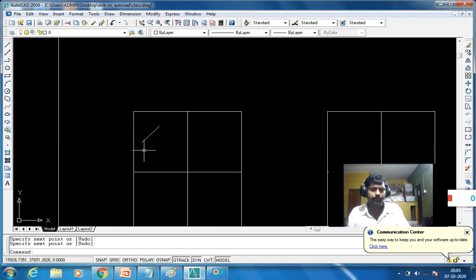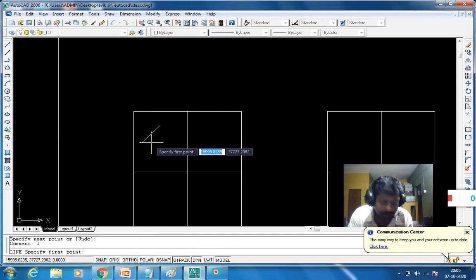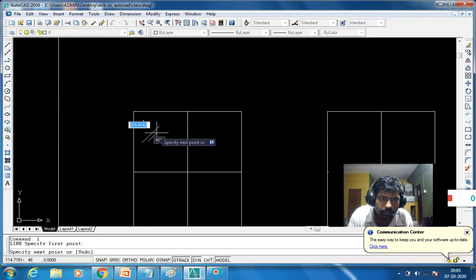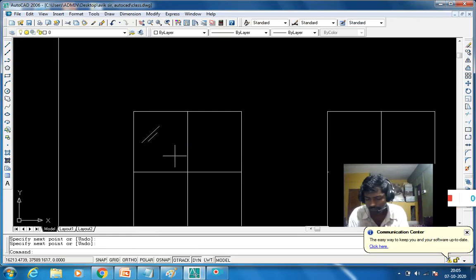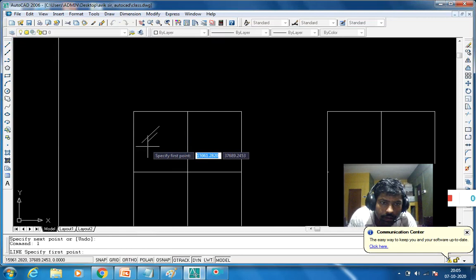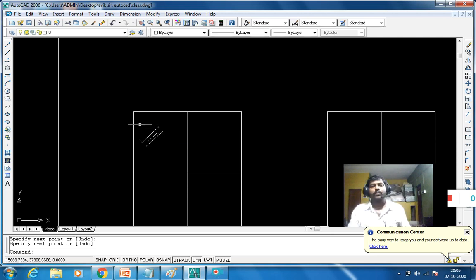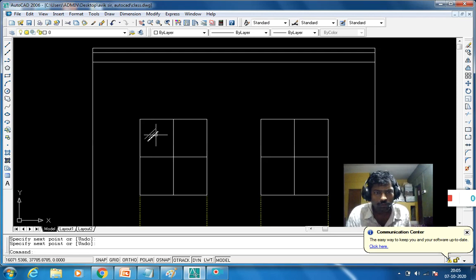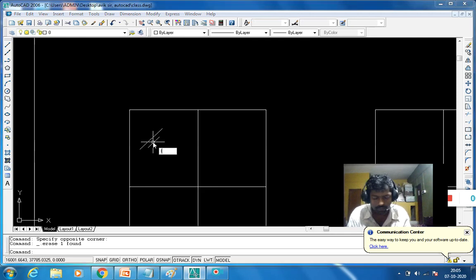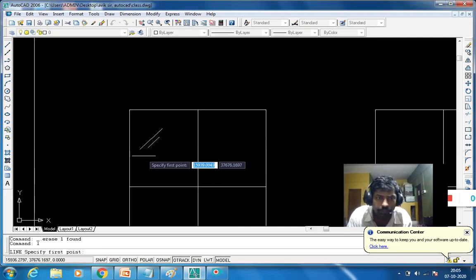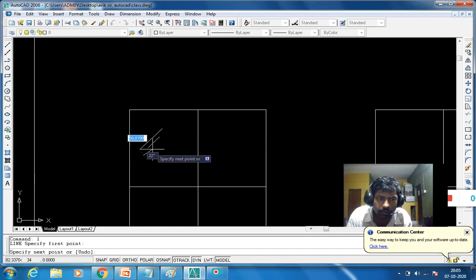Okay, then use L command. Again use L command. So it does not look better.